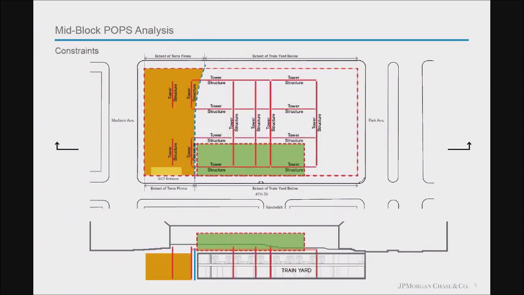Given our location over the train shed, we have a complex series of structural transfers highlighted in red that occur in and around the ground floor and are required to support the new building design. The depth of the structural transfers are limited by the active railroad tracks below and require us to elevate portions of our ground floor slab, which did not allow for us to create a compliant POPS.